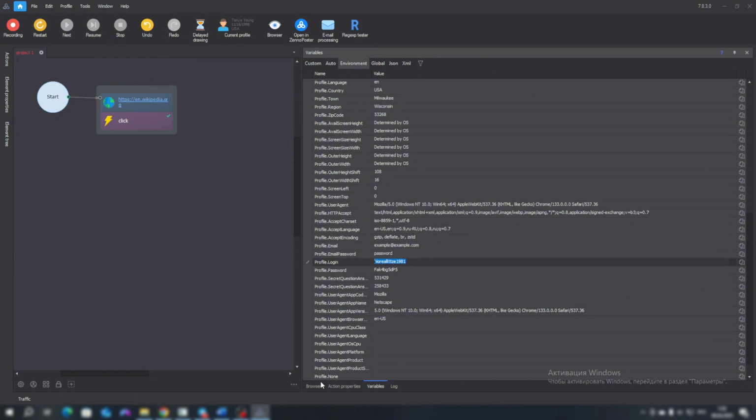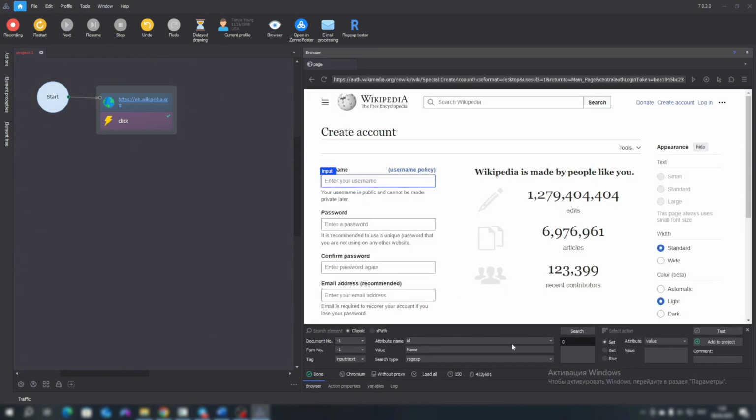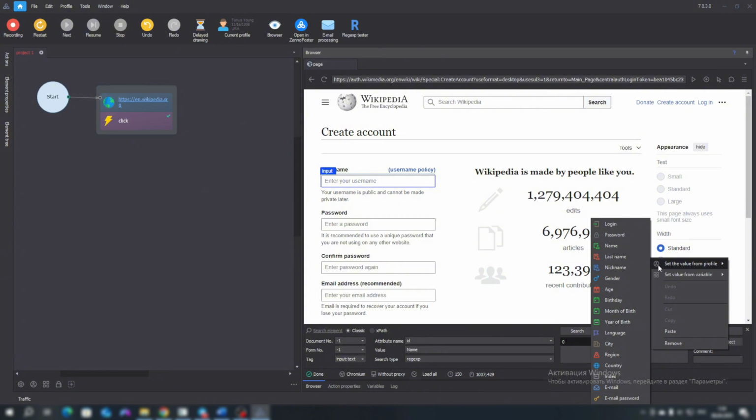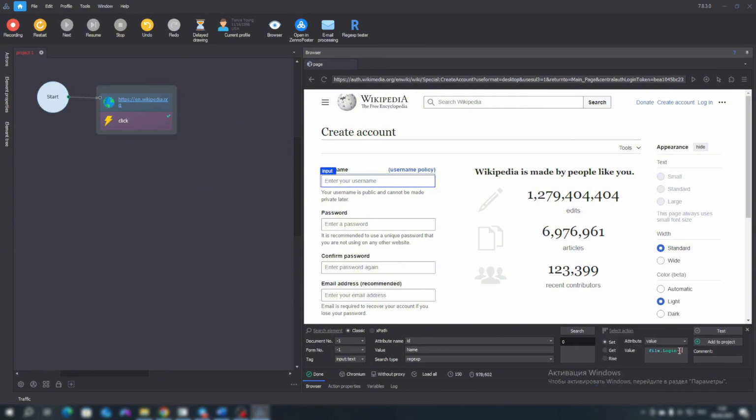Here it is. To use it, we go here to the value field, right-click, and select Take from Profile. Select the login. Our variable is automatically inserted. Add it to the project.